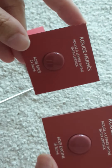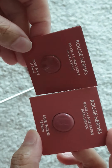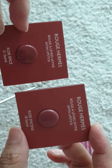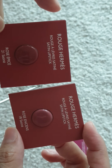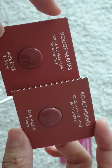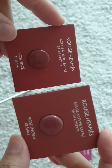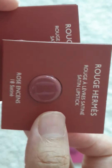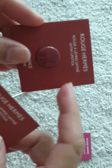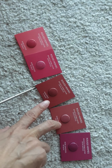Then the third and fourth, I have the rose epice and rose ancients. These two are really similar in color because they are more of a brownish tone. In terms of the reddish tone in them, I think there is hardly any, because they are more like natural brown. Yeah, I don't see any reddish tone. What do you think? So these two are the really natural look,